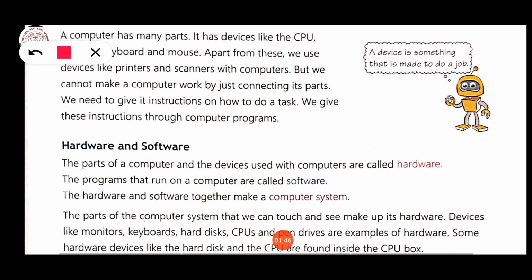A device is something that is made to do a job. Like a calculator. A calculator is a device that helps us to do sums and all. Okay, that is your device.